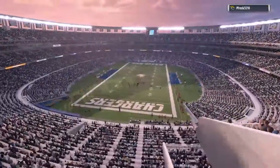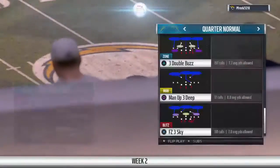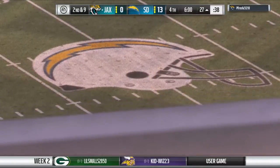And we're back now in Mission Valley and San Diego. It's Jaguar football, but a little work to do for them. They trail here as...